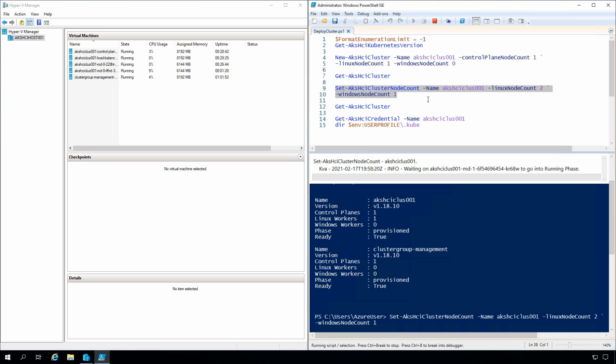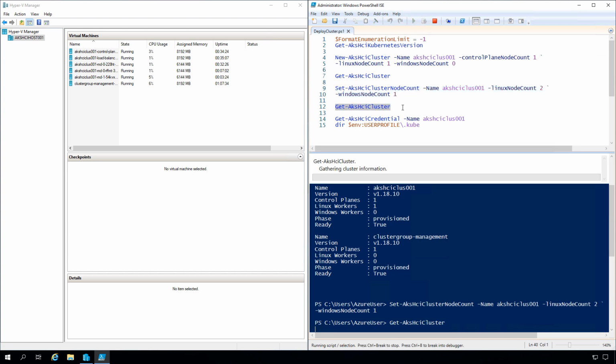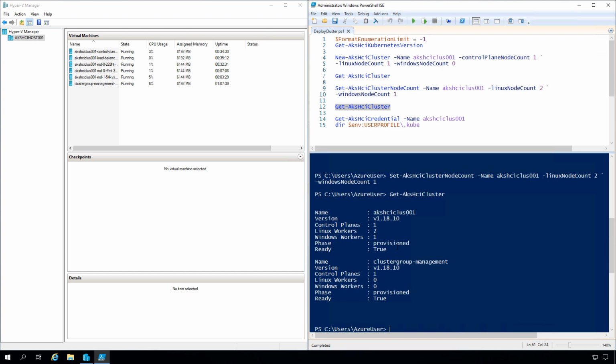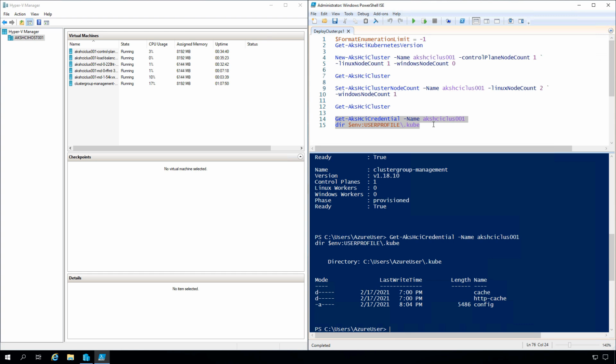So you'll see now on the left-hand side, the workers are starting to be created, the Linux and the Windows nodes, and within just a few moments, we'll have completed that part of the process. The main part of that process is that initial download of the Windows container host image, which once that's done, it'll be reused for future deployments, so you won't have to repeat the process again. Now, getting the cluster information again, you'll see 2 workers for Linux, 1 Windows worker, all part of the same cluster object, so we can manage that efficiently, ensure efficient utilization. And then if we want the kubeconfig information for this particular cluster, we go ahead and run the Get-AksHciCredential command.